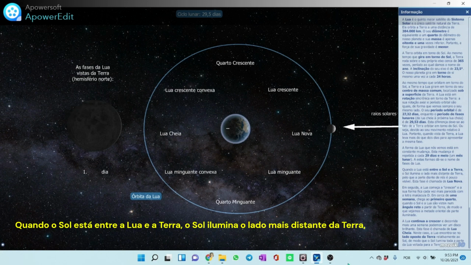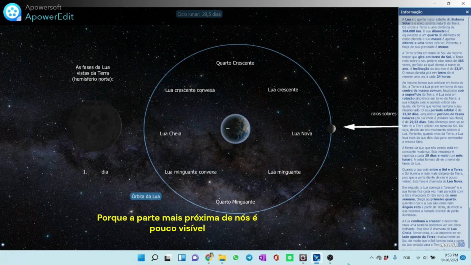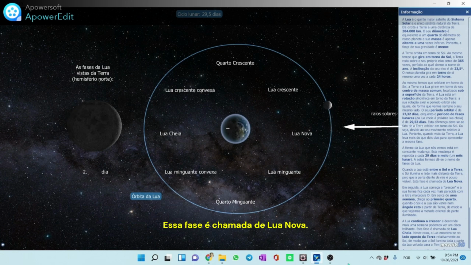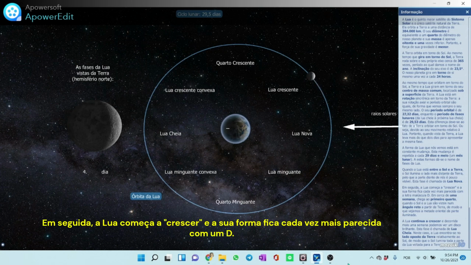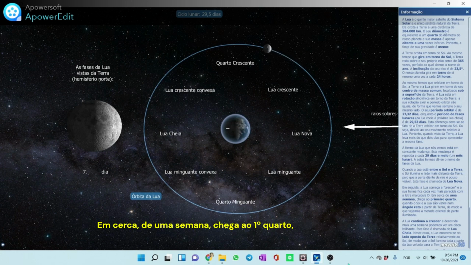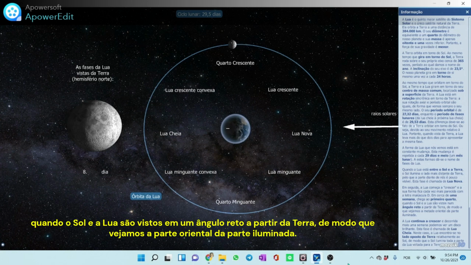When the Moon is between the Sun and the Earth, the Sun illuminates the side facing away from the Earth. Therefore, the part that faces us is hardly visible. This phase is called the new moon. Then the crescent moon starts to grow, its shape increasingly resembling the capital letter D. In about 1 week, it reaches the first quarter, when the Sun, Moon, and Earth form a right triangle, so